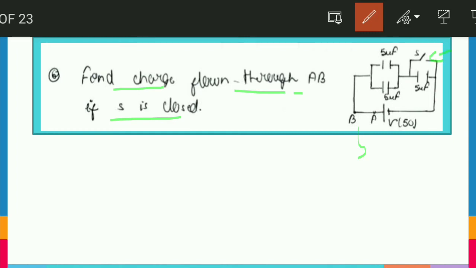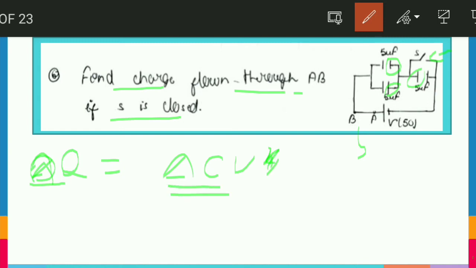So friends, as you may remember, we did a similar question in our previous part 1, where we found the change in the charge on the plates that are connected to the switch. So should we do the same thing here, or can you think of an easier way? Actually, in this question the easy way is pretty simple. We can simply write delta Q, because this time the charge has to flow extra from the battery, as delta C into V, just the change in capacitance into V. So it is quite easy.